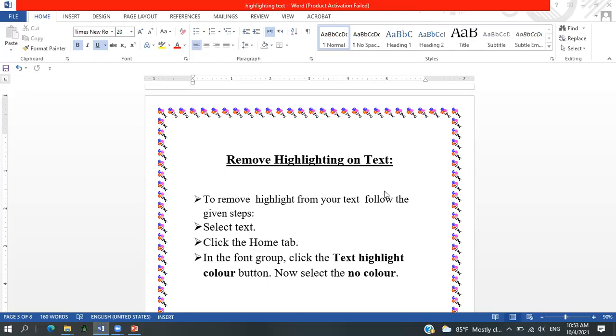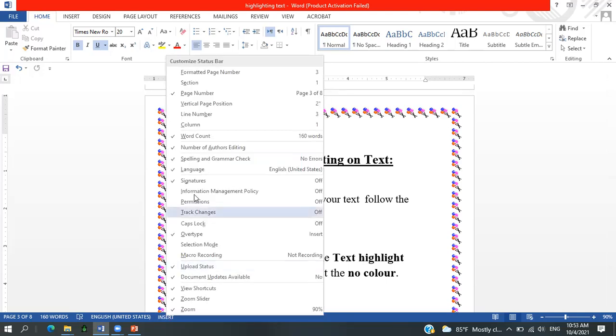Here you can see this is my word window, and I already have some text over here. And this is my customize status bar. You can see this is the insert button. When I bring my cursor over here with the mouse, I can right click on it. When I right click on it, see, customize status bar appears. Among many options, there is the option of overtype. If I want to replace, see, overtype and insert, both options are there. I can select any one of them.